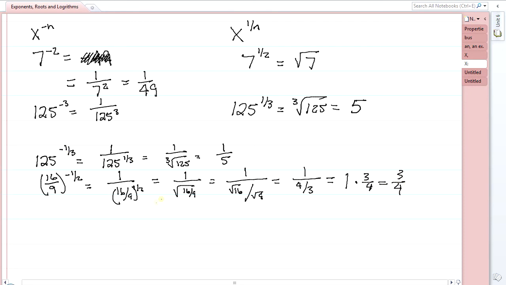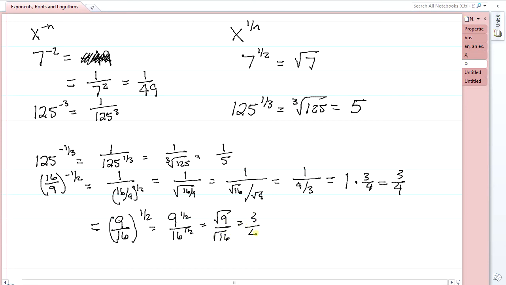What I think I prefer to do in a problem like this is when I have a negative exponent of a fraction, I would switch the numerator and denominator right away. Say this is 9/16. Now raise it to the half, which means now this is 9 to the half over 16 to the half, which is the square root of 9 over the square root of 16, which is